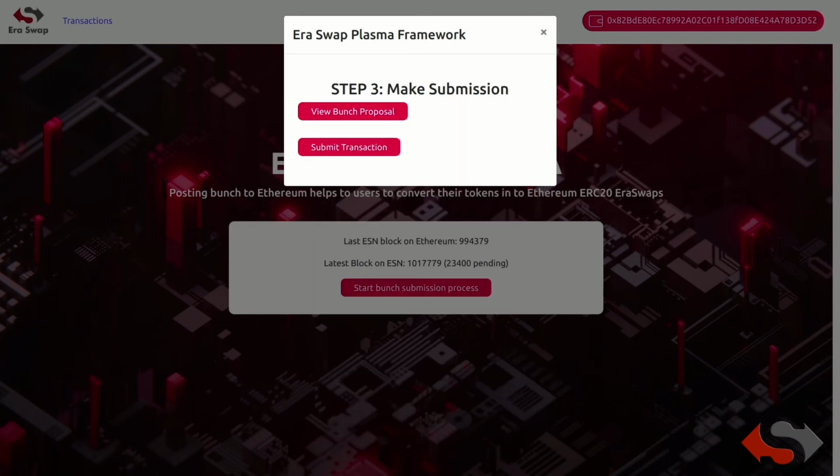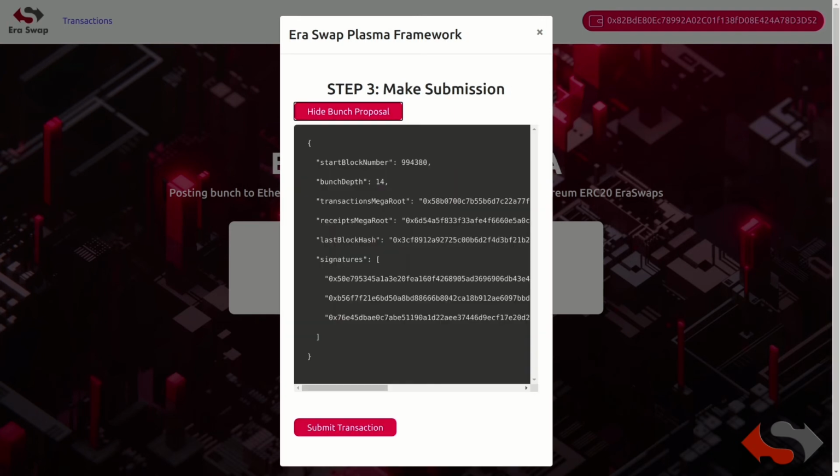We'll select this. We can view our bunch proposal, which has the bunch depth of 14, transaction mega root, receipt mega root, last block hash, and signatures from all the commies.